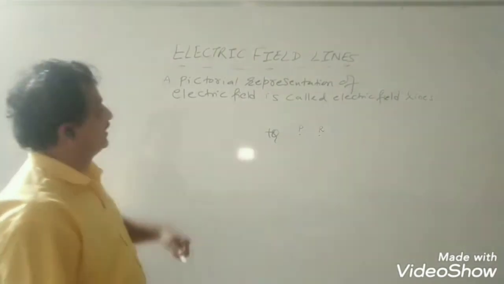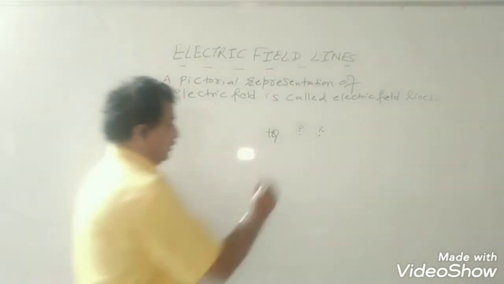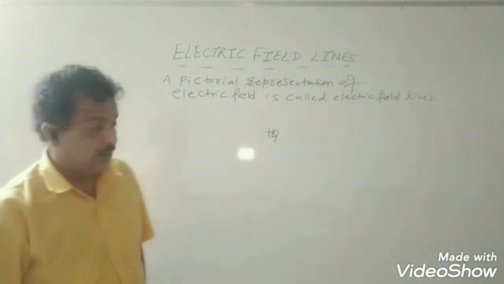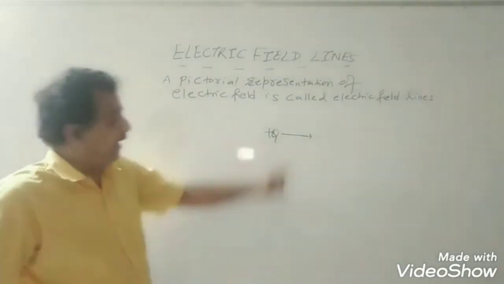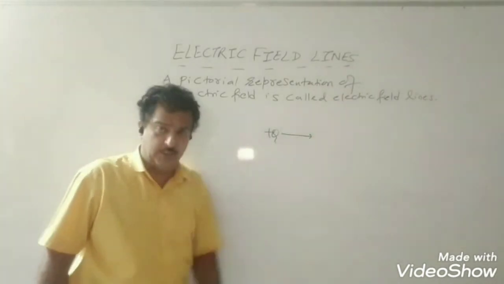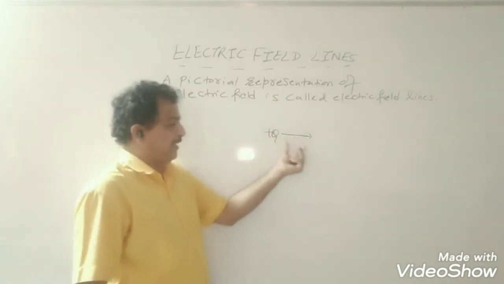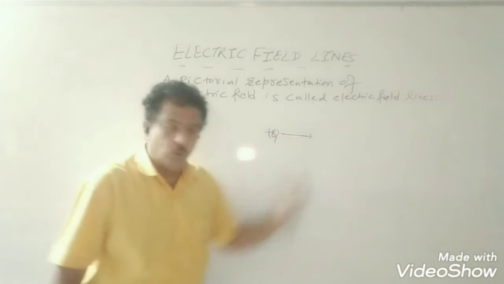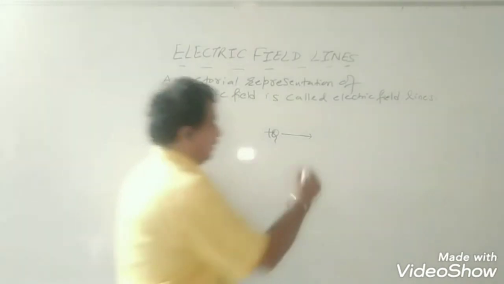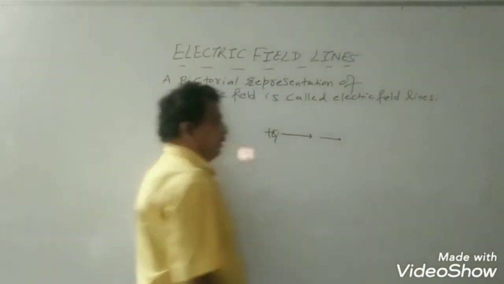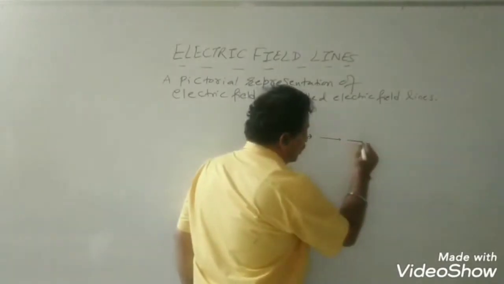Now how to represent this explanation in the form of a diagram? So I will take the help of an arrow. I will draw an arrow outward. The head indicates the direction of the force acting on a test charge. So if I place a test charge, the test charge will move away. If I move away from the source charge, the intensity will keep on decreasing. So I will decrease the length of the arrow. So this was the length of the arrow, then a small length, again a small length.